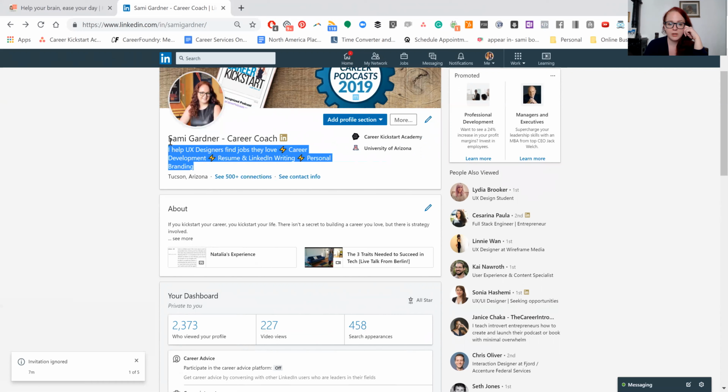You want to make sure that this area is suitable for both a computer and a human to read, because your picture, your name, and this headline, that's the only thing that's going to show in a search result. So if you don't have that on point, or it's written weird, or it's one of those vague statements that designers love to have where they're like, I designed elegant solutions for elegant people,